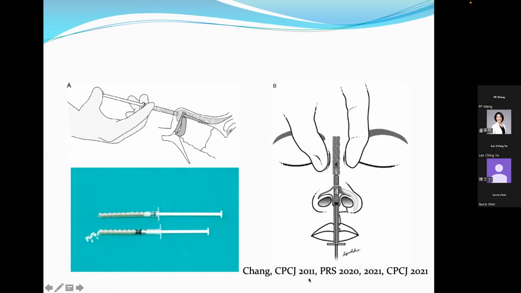In 2011, we published this pure diced cartilage rhinoplasty. And in 2020, we published this so-called alar cartilage using the inner curve of the rib to reconstruct the nostril shape. And we received a comment from the editor. So we wrote a letter to the editor and published in 2021 in PRS, talking about the need of alar cartilage. And in 2021, we published in CPCJ on this viable cartilage